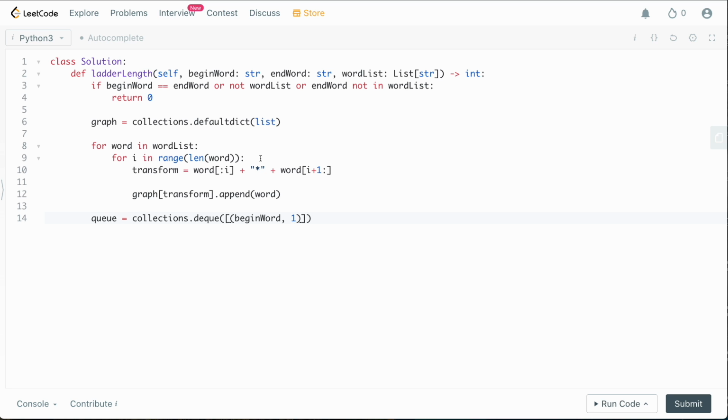Obviously, it has to be at least 1 because if it was 0, that means that begin word equals end word. So we have to start with 1. It is a little bit of a weird one in this question. I originally thought it would be 0, but I tried submitting it a bunch of times and I realized it has to be 1. So, okay, that's the queue, and obviously we're doing a graph traversal, and we don't